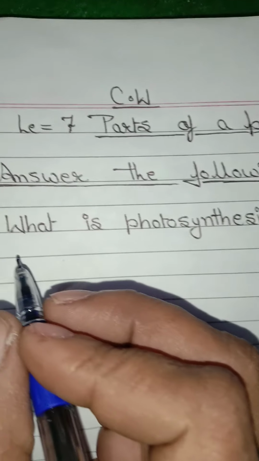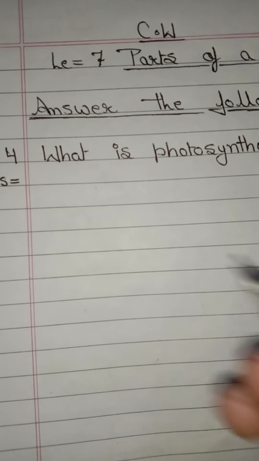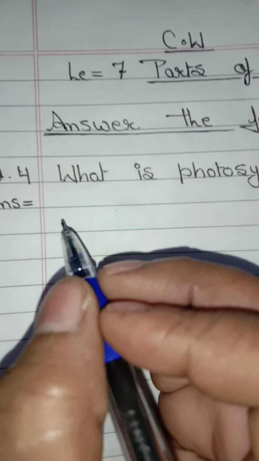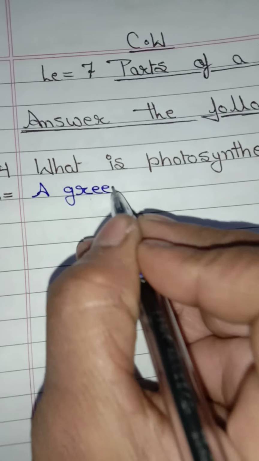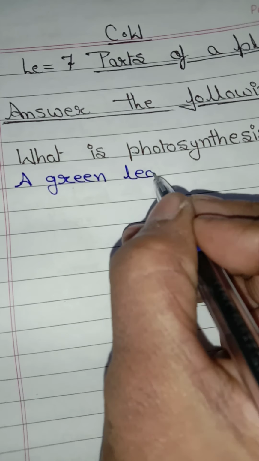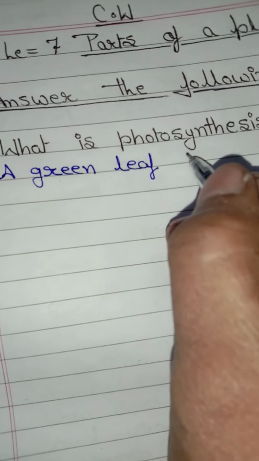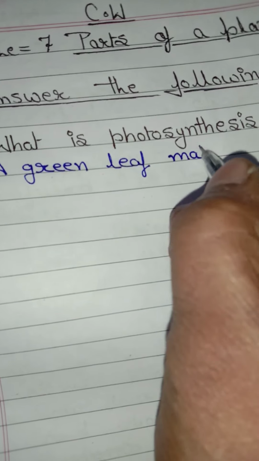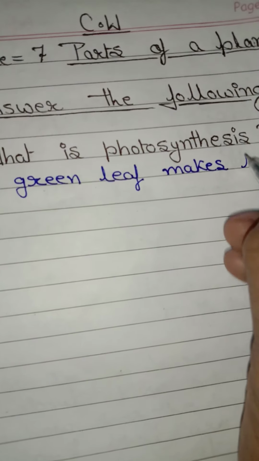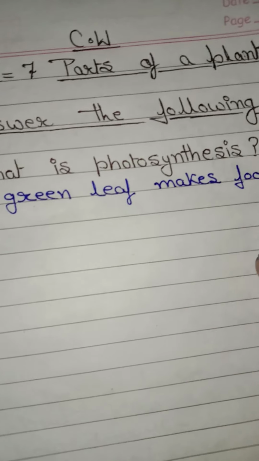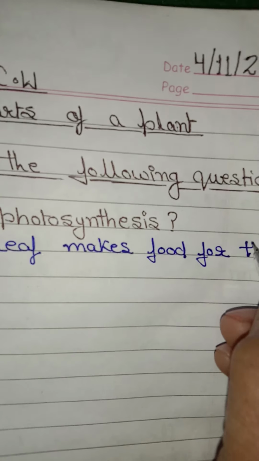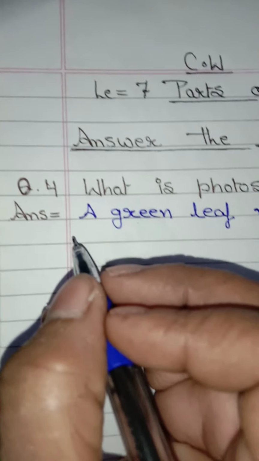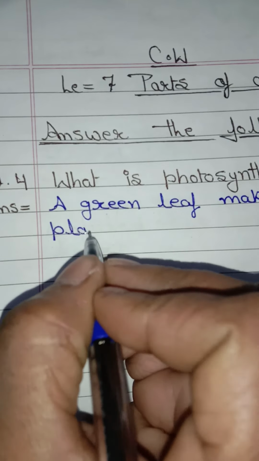Now student, answer. A green leaf makes food for the plant